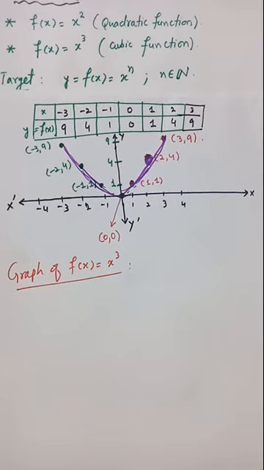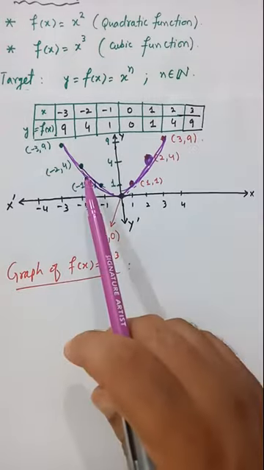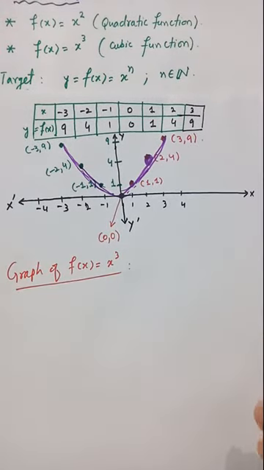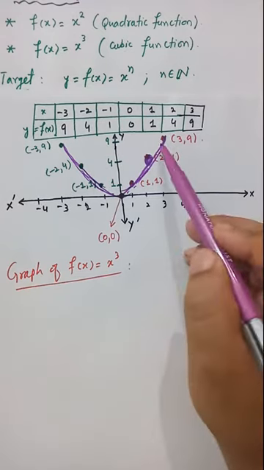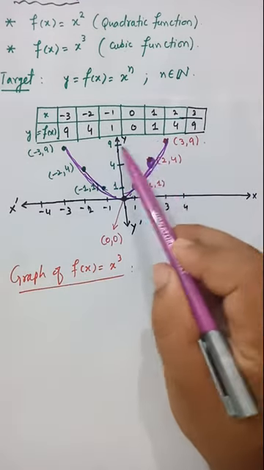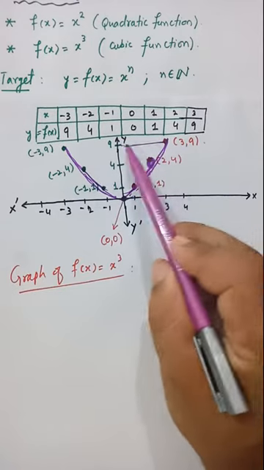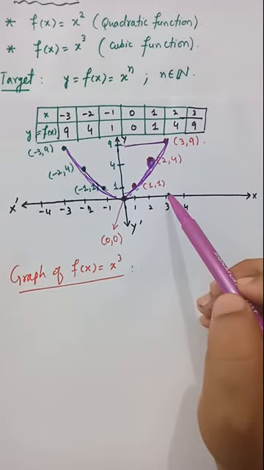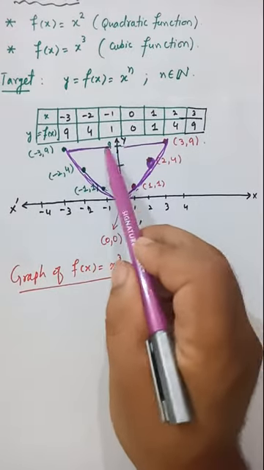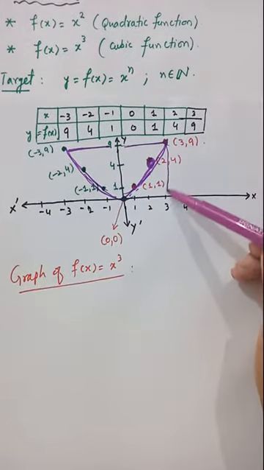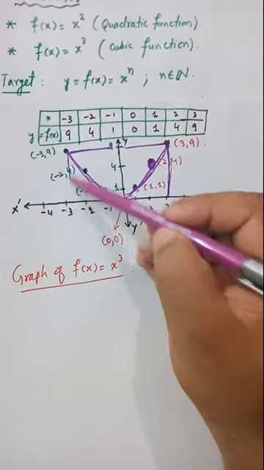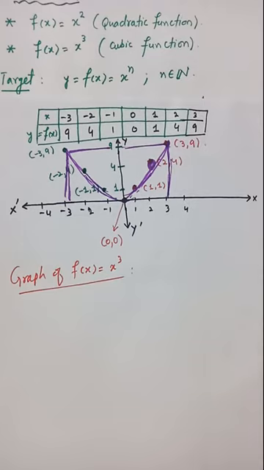From this we say that when the ordered pairs lie in the first quadrant and in the second quadrant, their y coordinate, meaning the range, is the same. So it shows that all those points are, let's say if I take this point, this point is 3 units away from the y-axis. Similarly this point is also 3 units away from the y-axis, and this point is 9 units away from the x-axis. So this point is also 9 units away from the x-axis. So this is symmetric about the y-axis.